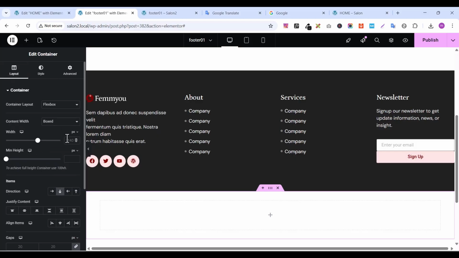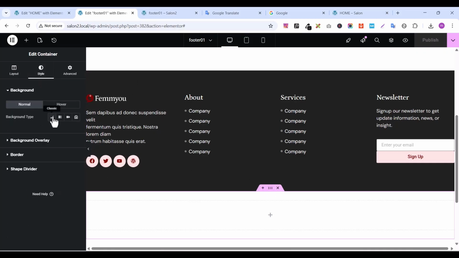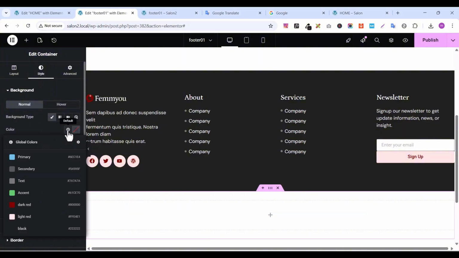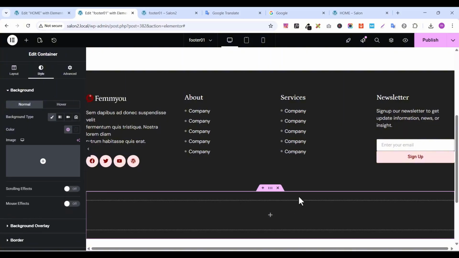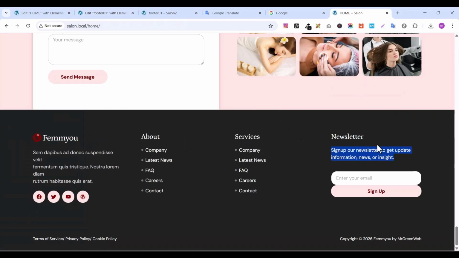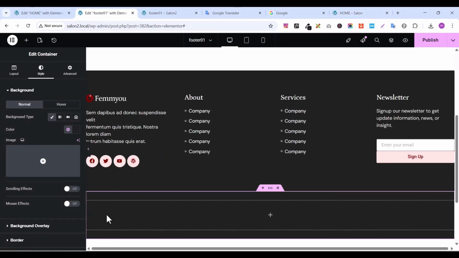Go to layout, give it a width of 1300 and publish it, and also give it a background color of the same dark color. So let's select this black color, the same thing, and let's go to our reference site, then copy this text from here back to our working environment,